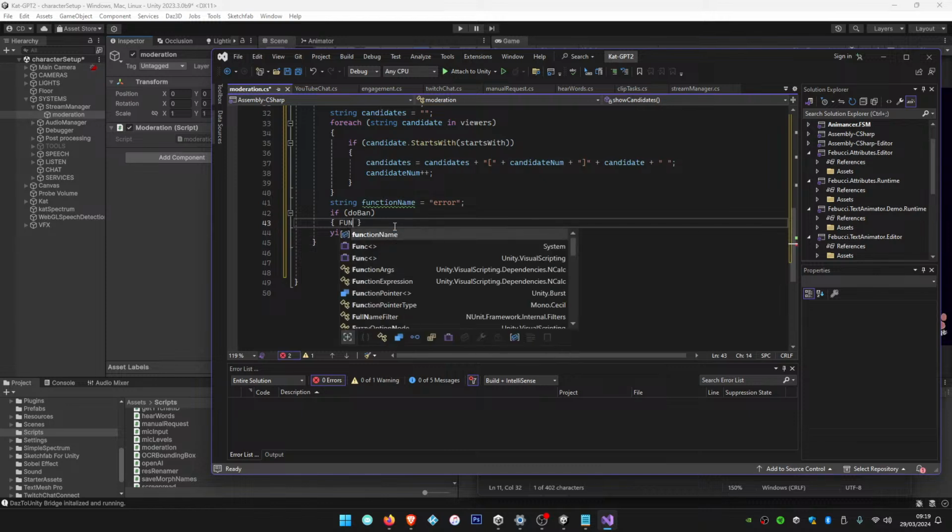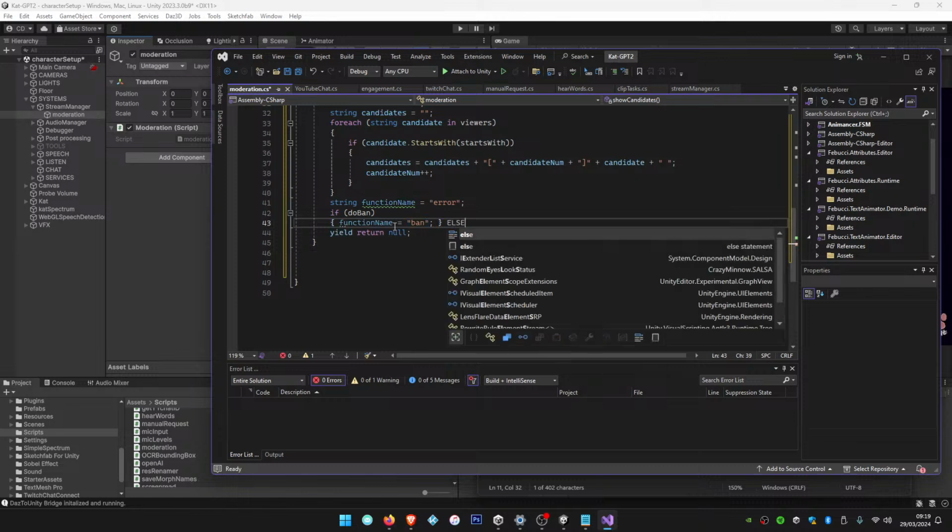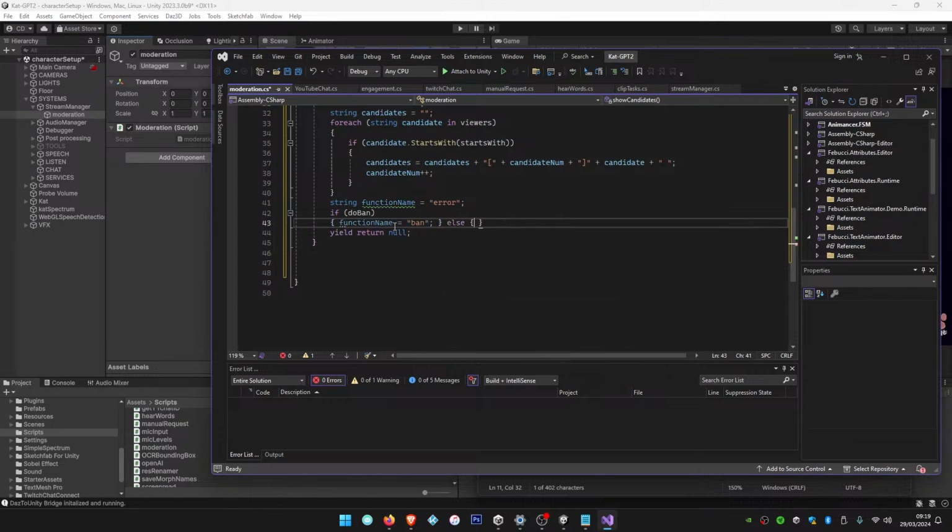If do ban, function name equals ban, else, because at the moment we only have two, but we might have more eventually. Else function name is timeout. Then that way we can actually just do txt status dot text equals